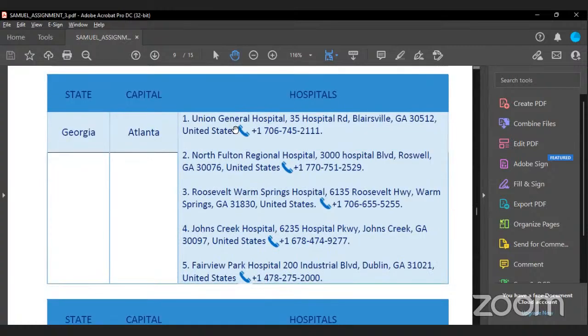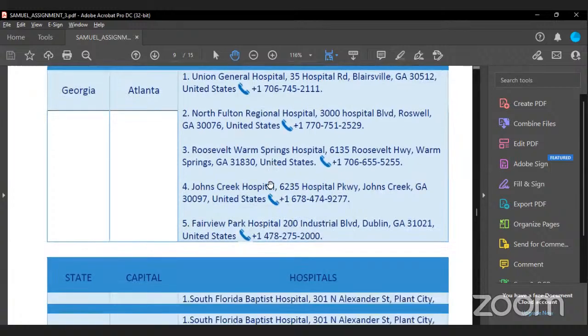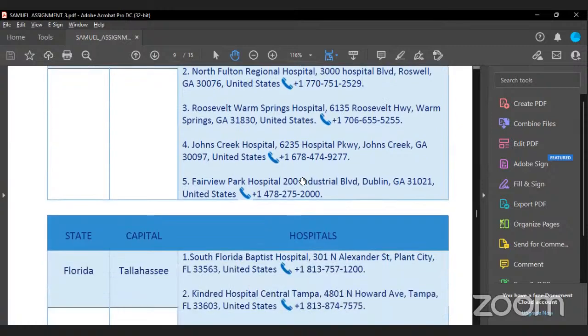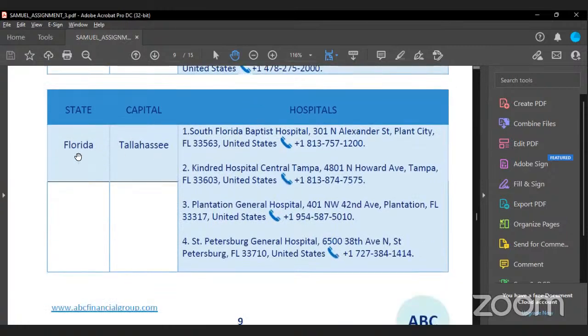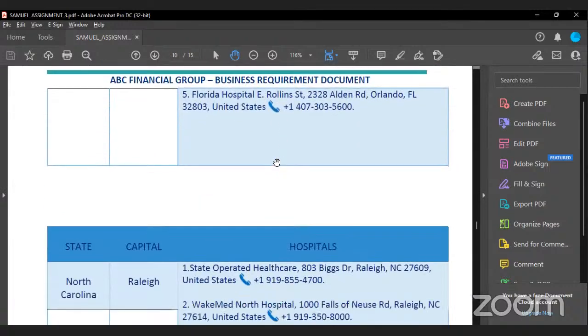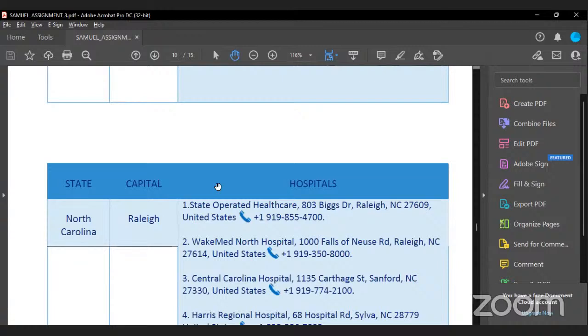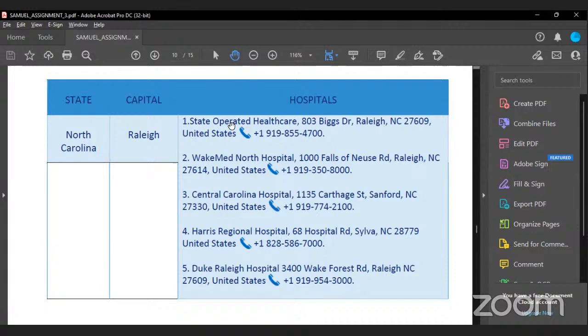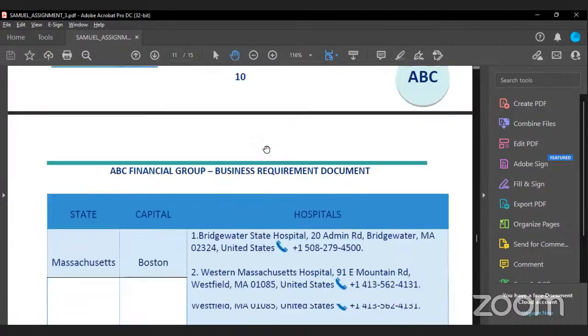These are the hospitals with their addresses and their phone numbers. This is for Atlanta, the state of Georgia. The hospitals are stated there. This is Florida, their capital, Tallahassee, with their hospitals. This is the fifth one, and their phone number is stated here. North Carolina with their capital, the numbers, and all the operational hospitals here.